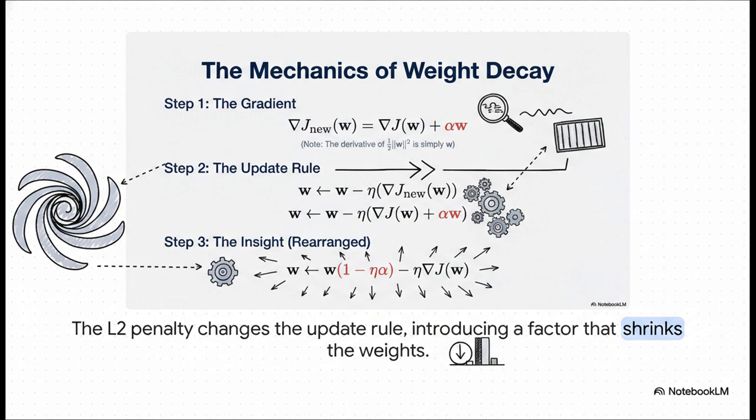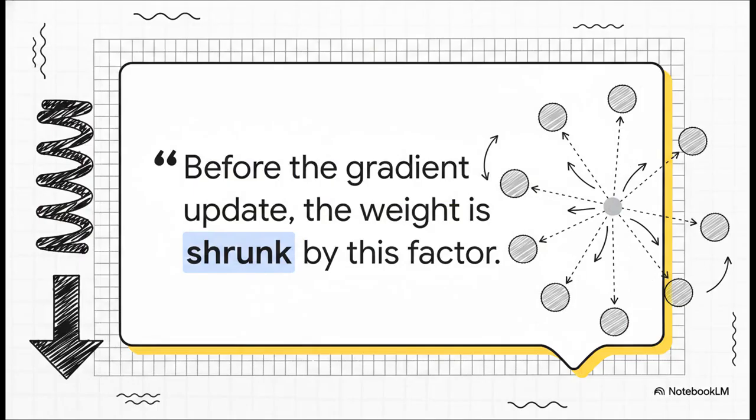Look at that. You see that extra factor multiplying the weight? The one that says 1 minus eta times alpha? That little piece right there, that's the entire key. And this just perfectly captures the core mechanism. At every single step of training, before the model even calculates the main gradient from the data, the very first thing it does is it shrinks all of its weights by this small factor. This is exactly why L2 regularization is so often called weight decay. It's this constant, gentle little pull on every single weight, always nudging it back towards zero.